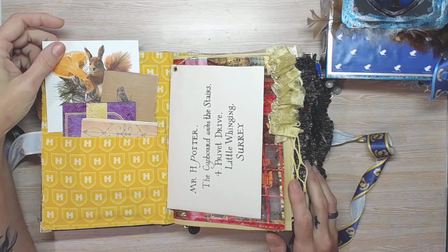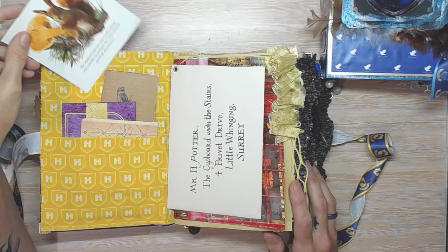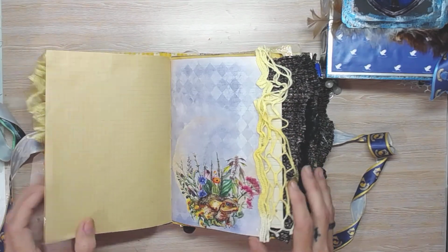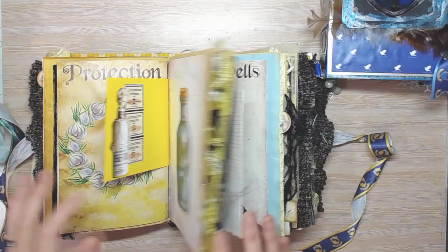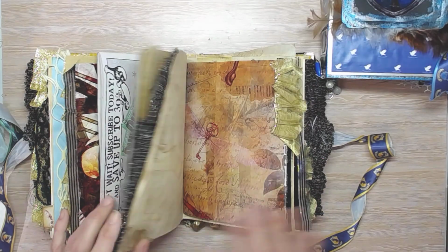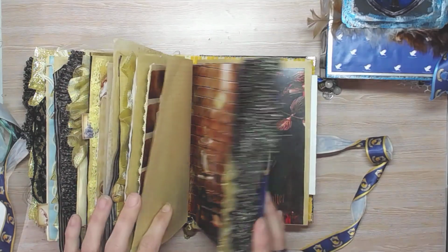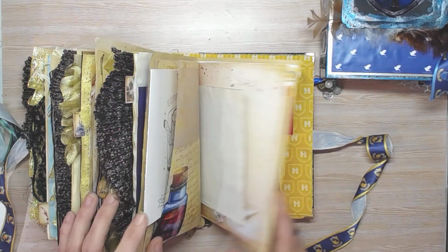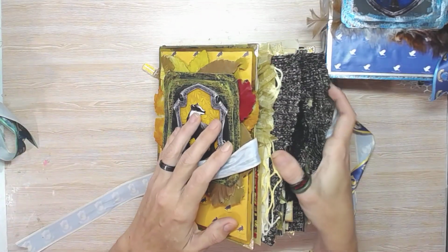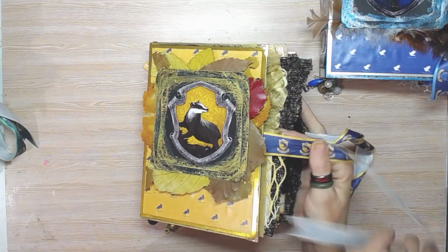Of all of my mystical animal cards that I have, I didn't have a beaver, so I've just picked a little rabbit because he was cute. But it's the same gist throughout this book as well. Similar design, not necessarily in the same order, but it has the main components that the Ravenclaw one that I flipped through has as well. So it has all of those, and obviously where we've got our yellow and black and gold, our gold book corners, our Hufflepuff